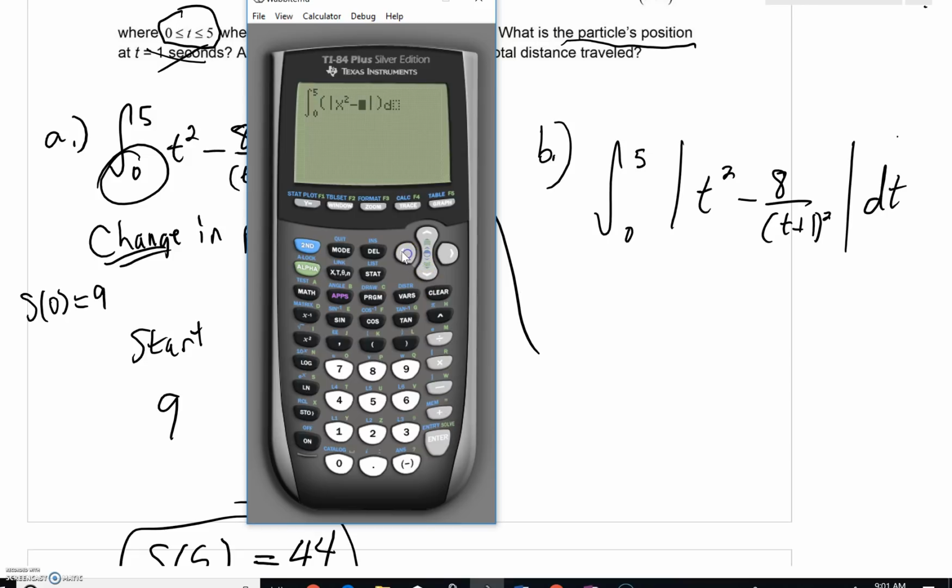What I'm really doing here, guys, is guaranteeing that my velocity curve is never negative. I'm guaranteeing that my velocity curve could be 0 at worst, but otherwise it's positive. And it only takes you a moment to get this thing typed in. Look, you don't have to find out where your curve crosses